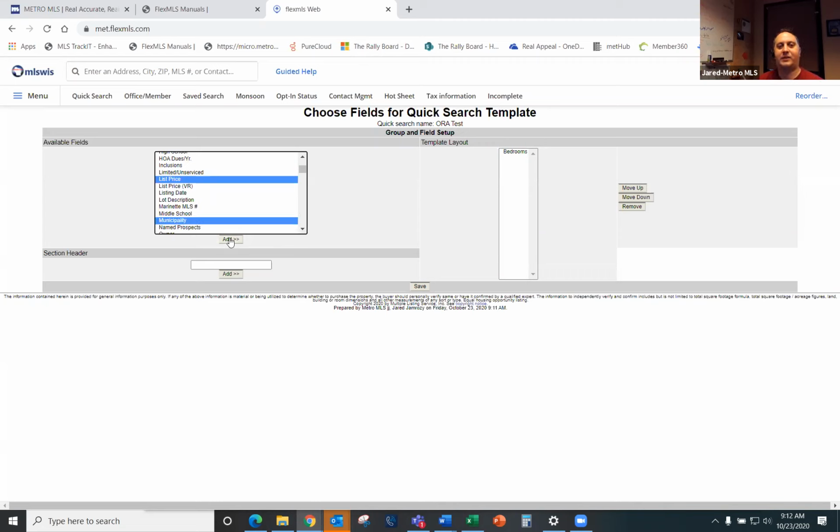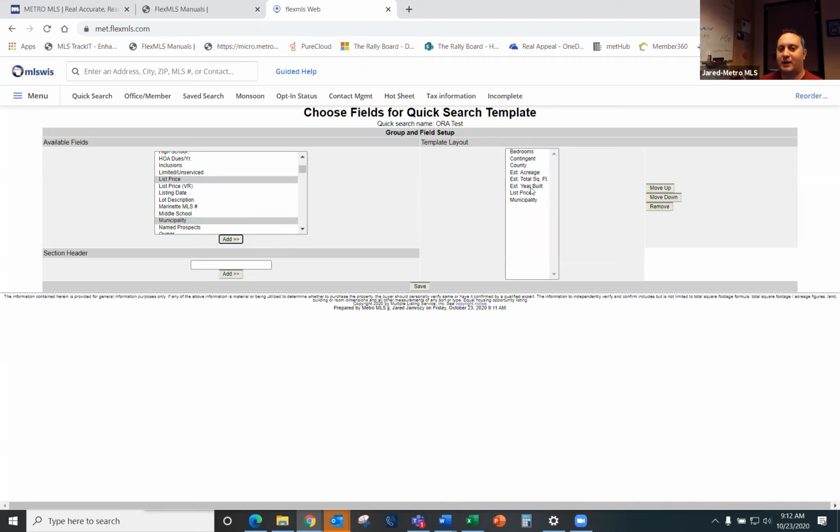Municipality. So I've selected a couple. I'm going to click on add, and now you see it adds them over to the right-hand side here. If I wanted to, I could add section headers just to help organize what I'm doing. So if I wanted just to say interiors, I could click on add,